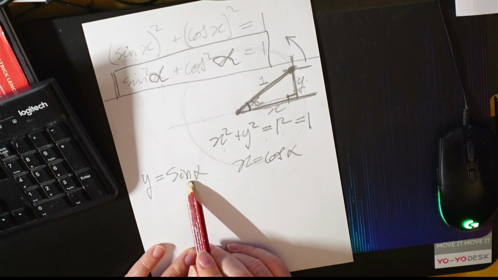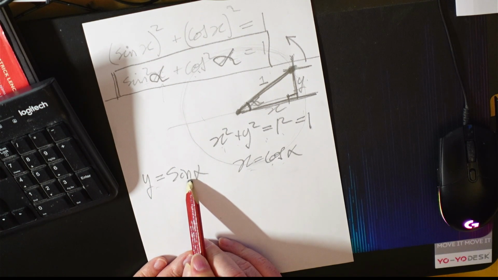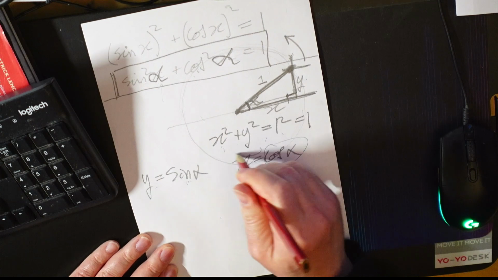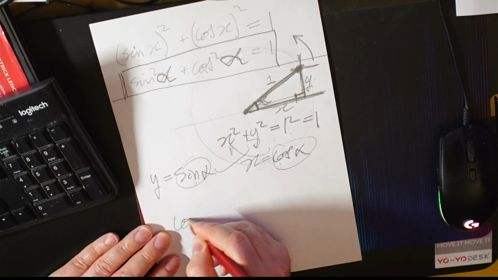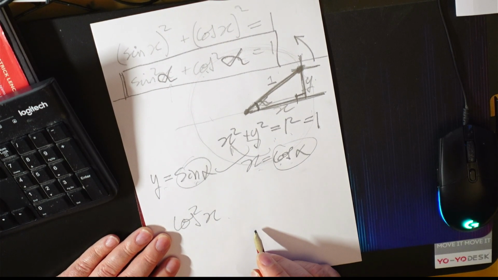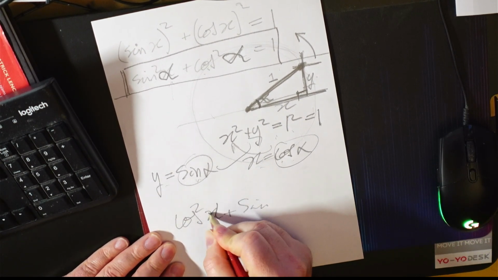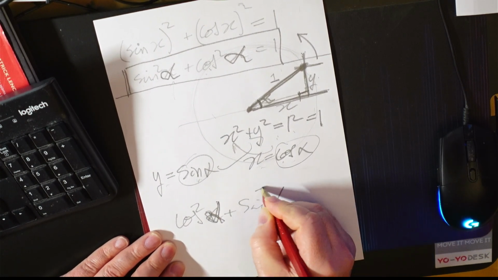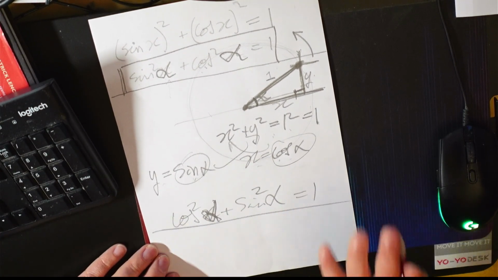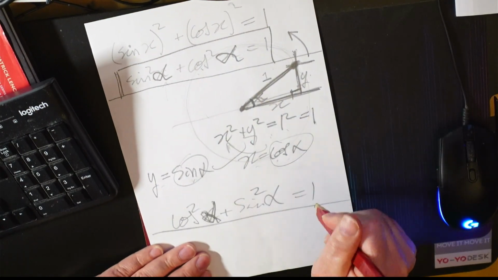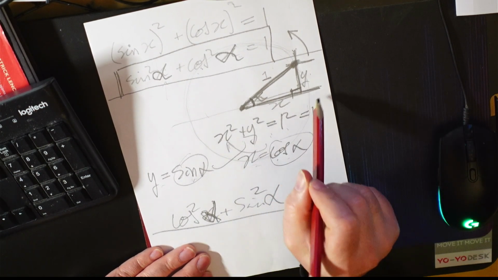But x is cosine alpha, y is sine alpha. Oh, so this goes there, this goes there, and, well, there we are. Cosine alpha all squared plus sine alpha all squared is equal to 1. Well, when you see this, that's it. I mean, ta-da! If you can understand that fully, that will help you understand so much, because this is actually a foundational piece of information